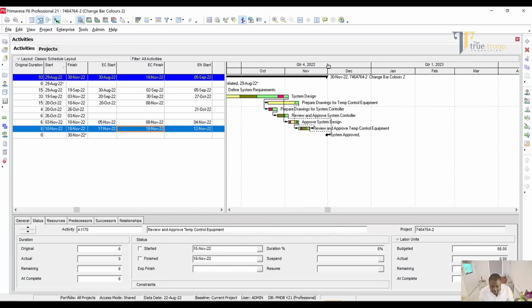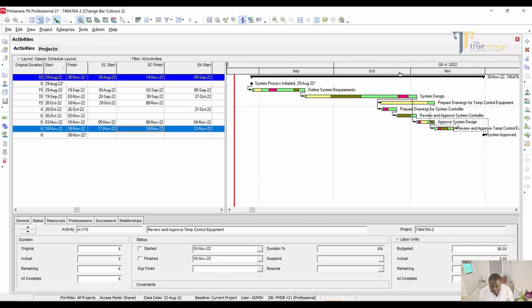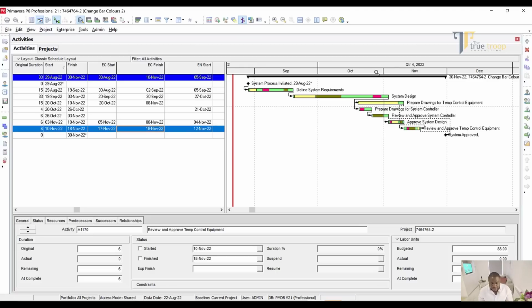So if you need to color code your Gantt with different colors, that's how you do it. It's quite colorful, isn't it? But if you need to go into details on how to expand more on your compensation event delay analysis,